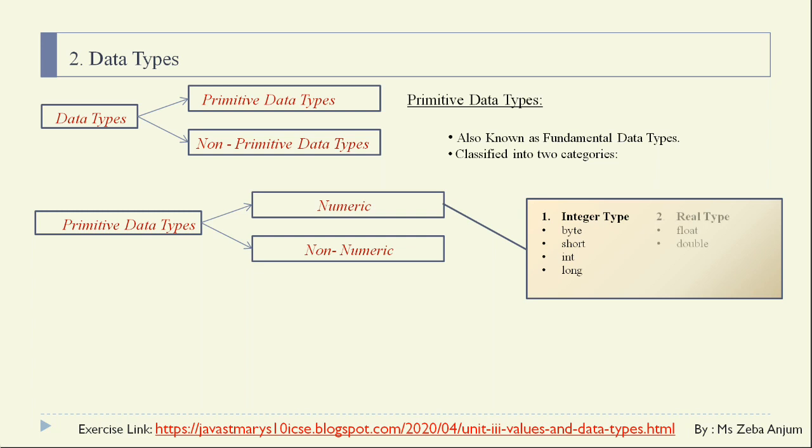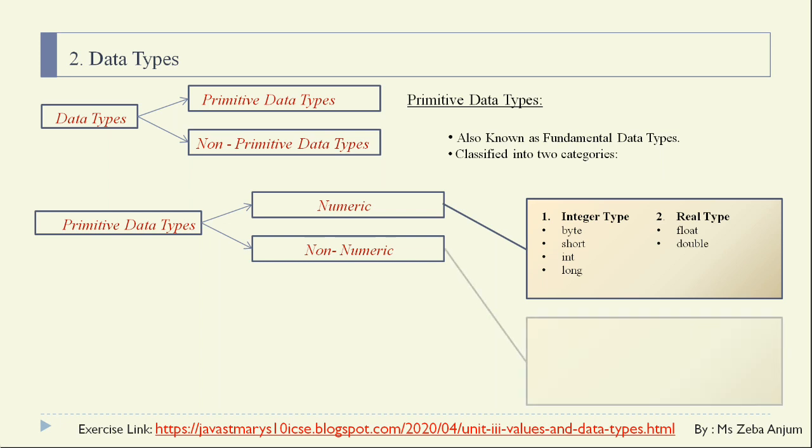Now the second one is your real type. Previously also we have seen the real types. Basically in real literals we have seen two types, that is float as well as double. Again the difference is of precision, or you can say of size. Float covers 4 bytes of data and double covers 8 bytes of data. That is the difference between those two. Float and double both store real type data, meaning the fractional or decimal portion.